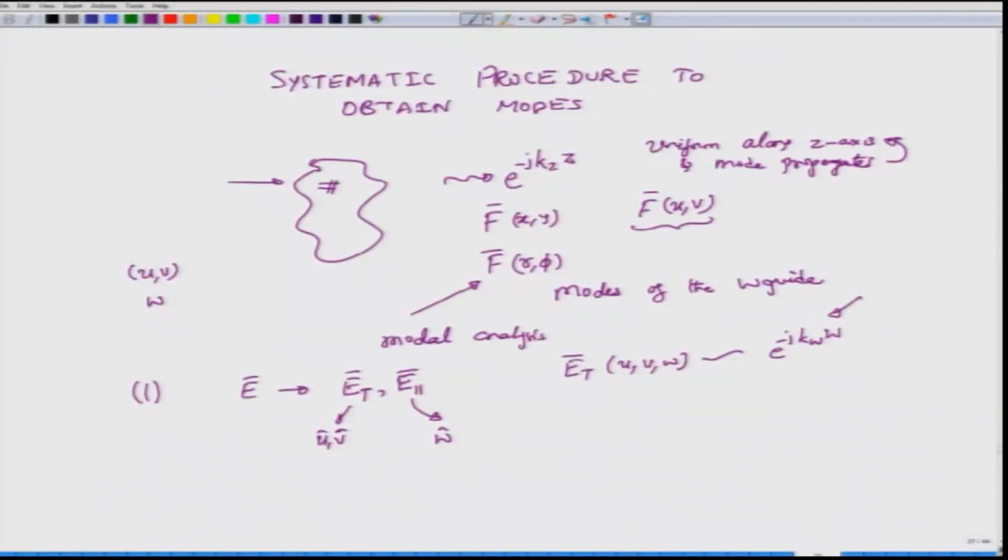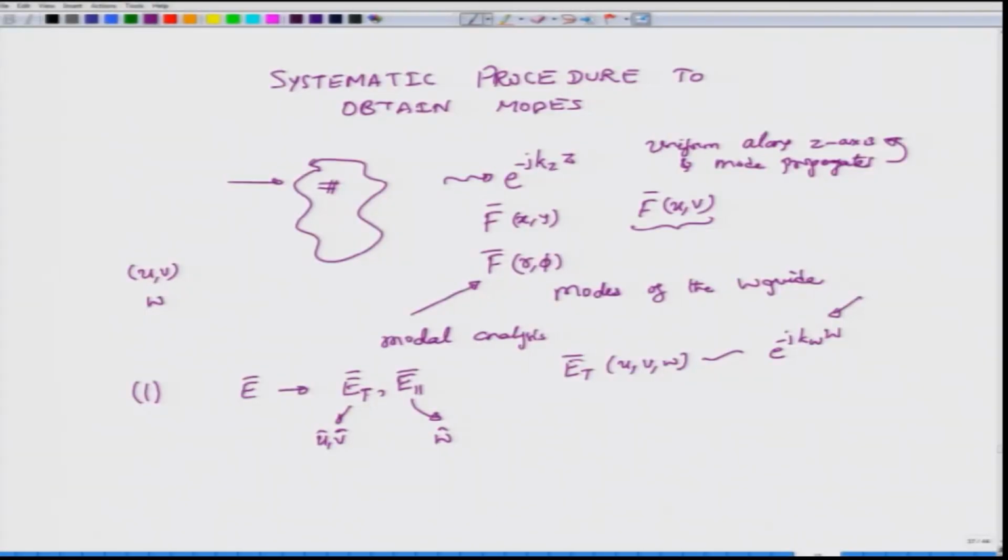w times w. Okay. If you are confused by u v w, you can replace u v w by x y z and work with planar cross sections to simplify your understanding, but it is not really necessary to always think of the Cartesian coordinate system, right. The electric field we have decomposed into transverse and parallel components. We will similarly decompose H fields also as transverse and parallel components with the same remarks that go with the electric field. So, the first step is to understand that you have E and H and then choose a coordinate system, okay, in such a way that your life becomes simple.